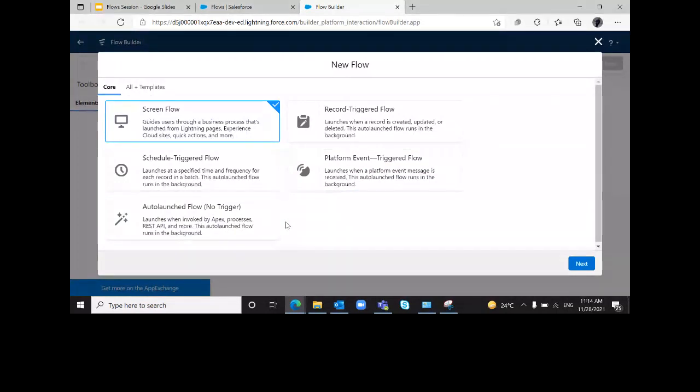Maybe we are creating a process in which we are invoking a flow, or calling a flow. Then it can run. It can be invoked by Apex, REST API, and many more. So this is also part of auto launch flow. Okay, for now, because we have to go through the builder, I'll be clicking on screen flow and next.